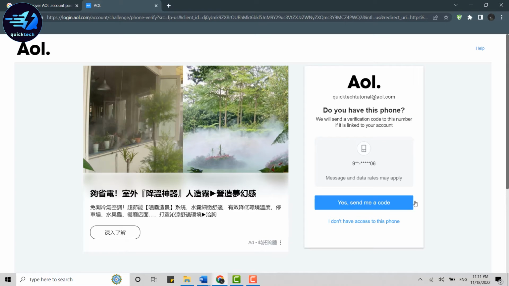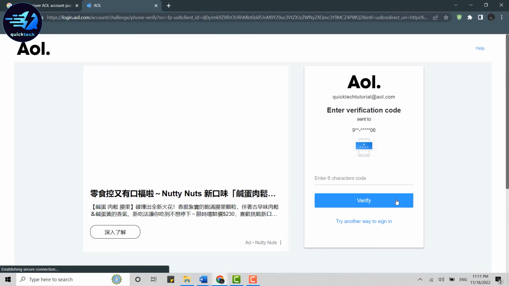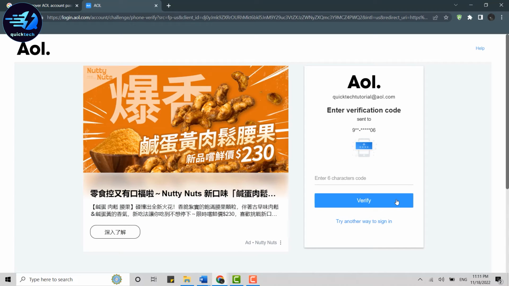Now here you will need to click on yes, send me code. With this, AOL will send a code to the phone number of yours for confirming your account. So click on yes, send me code. You wait for the code and type in that code over here on the text box. Now once you receive it, you type in that code over here